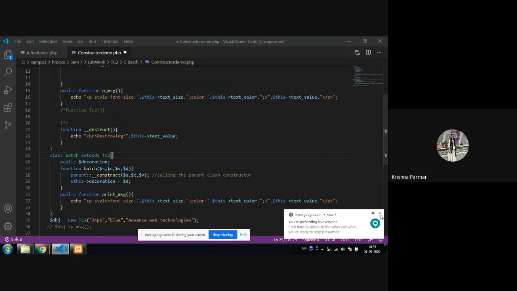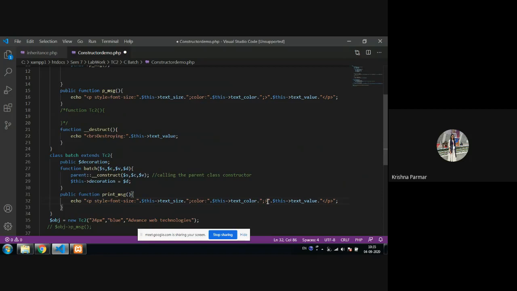Now, what we can do, here we have to add one property, that is our text decoration. So how can we do it? Like text decoration, and then after it the dot operator. Why are we using the dot operator? Because this text decoration is another string, right? So we have to concatenate using the dot operator.